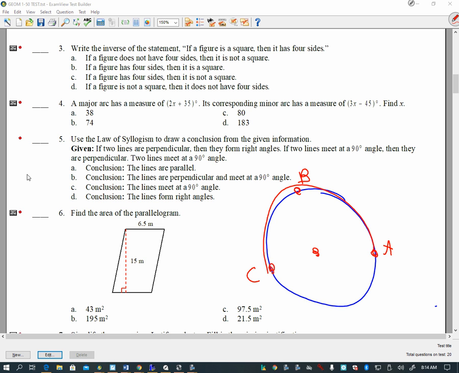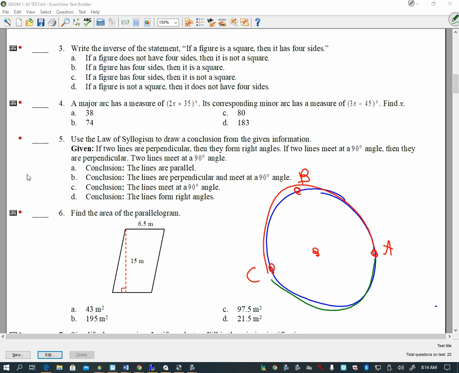No, wouldn't be BC, AC. And that may be what you said, and I just didn't hear it. Okay? So whenever I have a major arc and a corresponding minor arc, what will their sum always be? 360 degrees. A major arc and a corresponding minor arc will always add up to 360 degrees. Okay, again, this is where you need to listen because I'm not writing that down for you.